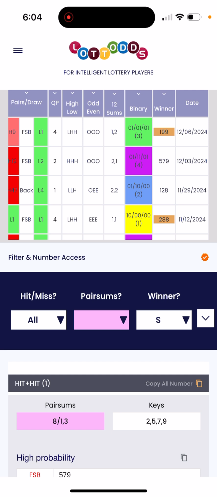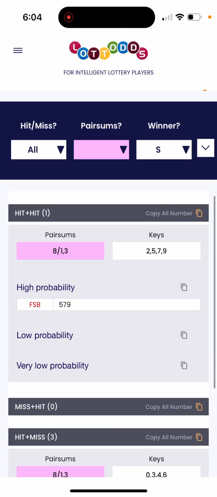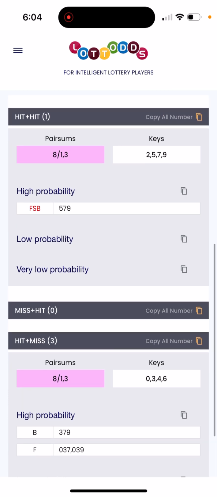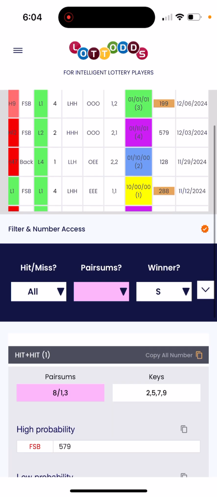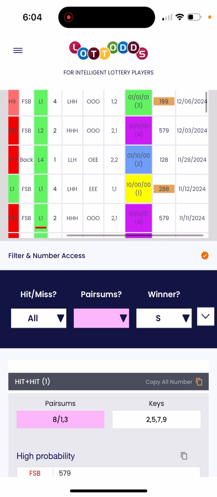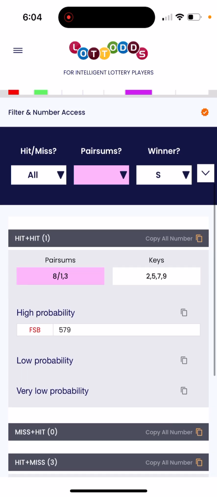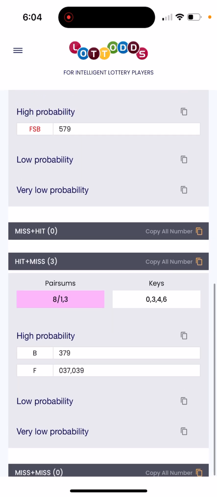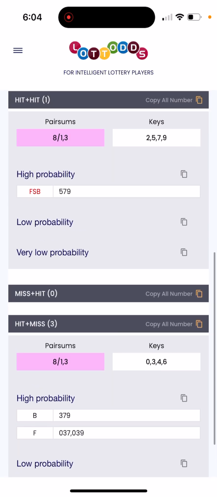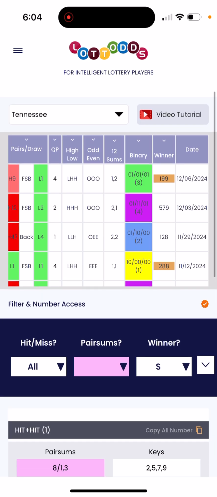So we have 1 and 2 is low. Then we have 5, 7, 8, 9. Now look at the winning numbers. High, we only have a 5. Remember, if it's a hit, it could be only 5, 7, 9 if it's the high. If it's the low, is there a 3 in the past? No. You have 1 and 2. Low, 1 and 2. So my friends, it can only be a 5, 7, 9 winner. The winner can only be 5, 7, 9 if